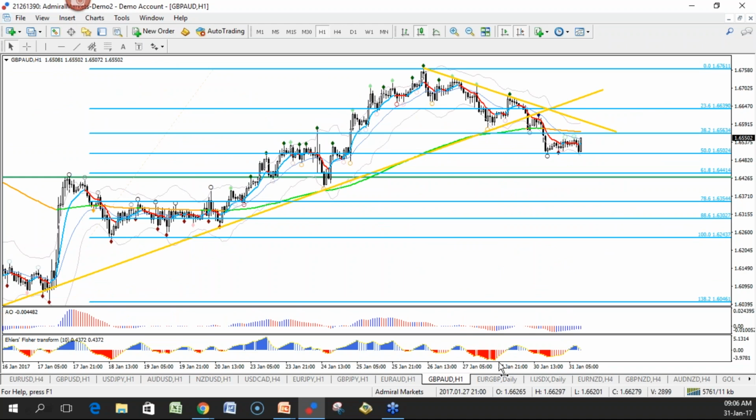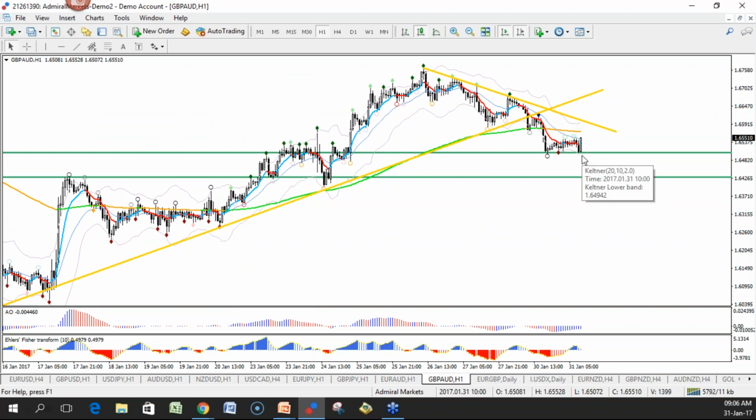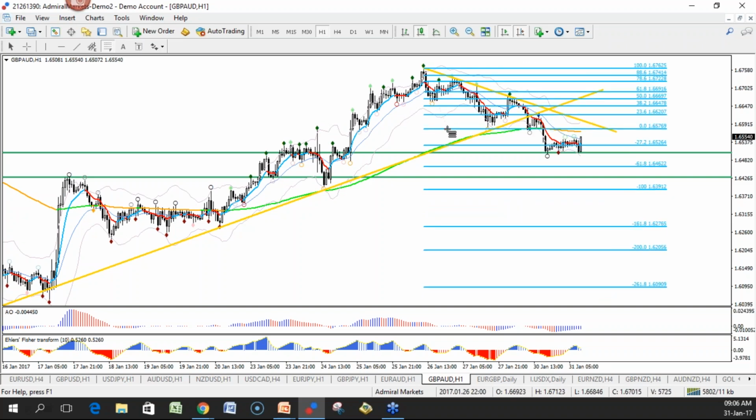It was good I waited with the pound odd. So upside, I'm not interested in, once again, just to repeat, only after breaking the resistance. The downside, I am interested in if it breaks below this support level and the Keltner, and there could be a follow through. We can put a fib from here to here,